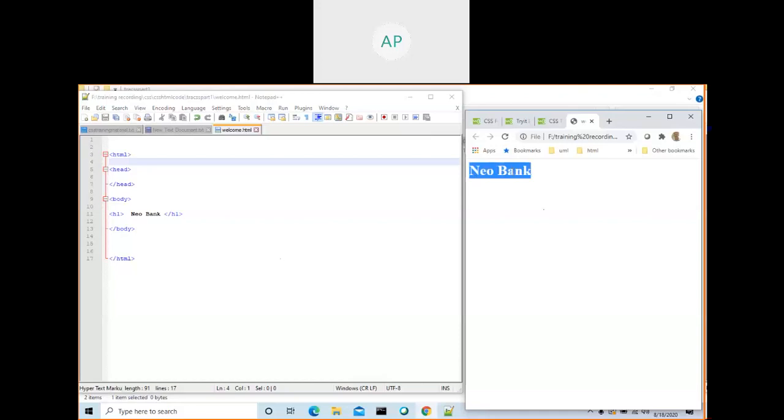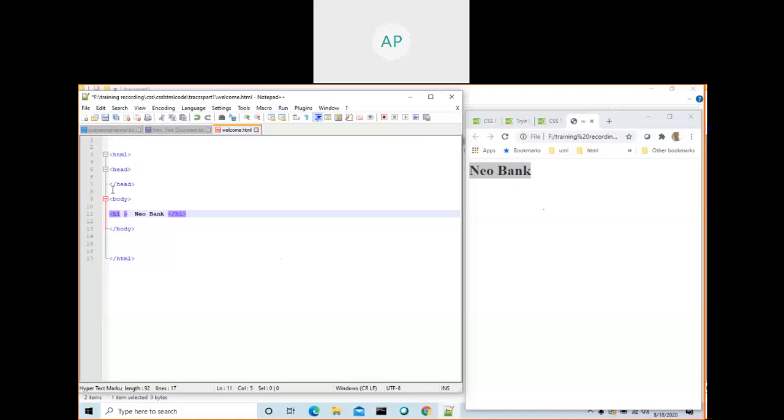I want this to be in green. So how will you apply that? We need to use CSS in order to do the alignment, color, and font size. For all those things, by using just HTML, we are only displaying the content. There are three ways to write the CSS code in HTML.